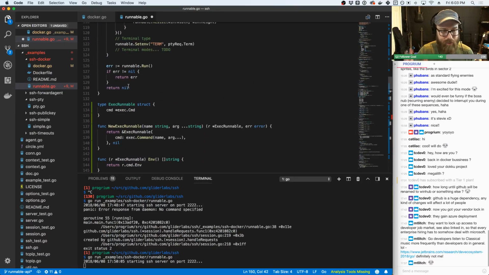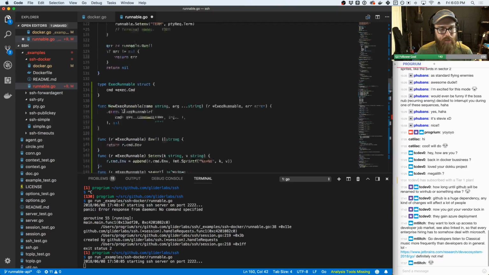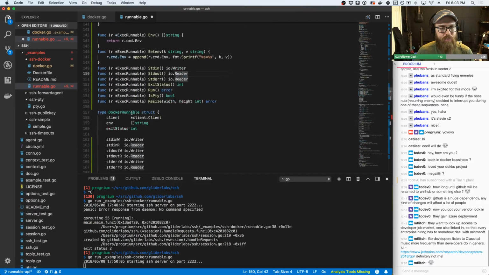I mean, if we were to write tests for this and do a race check, I'm sure we'd have to put a mutex in here, but